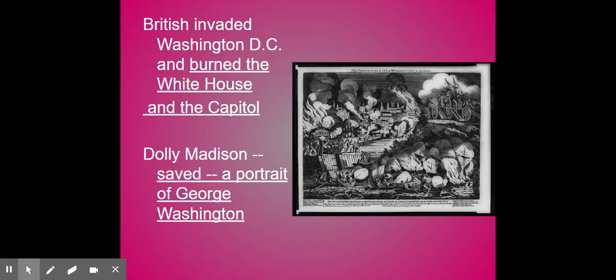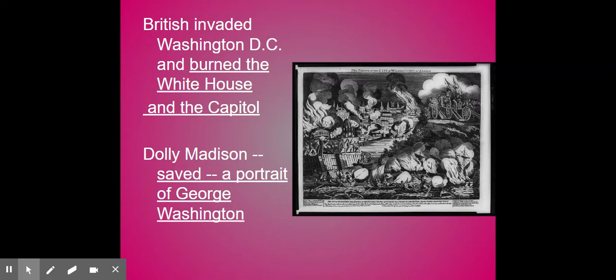But those are the two stories, Dolly Madison saving the portrait of Washington, and that's how we get the White House. We got to cover up the burn damage once we come back into the city. Now, after the British sack Washington, okay, they move to Baltimore. Now, Baltimore is a trading city. However, they are not as successful in sacking Baltimore as they do D.C.